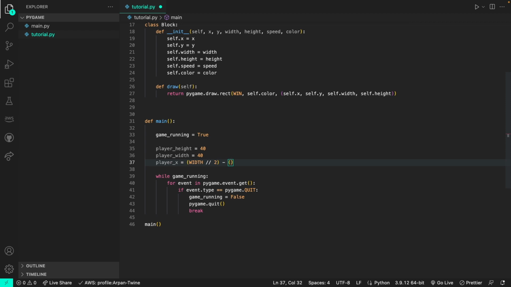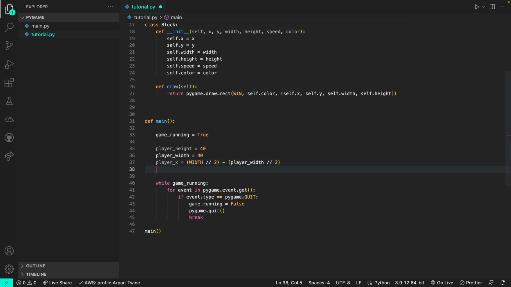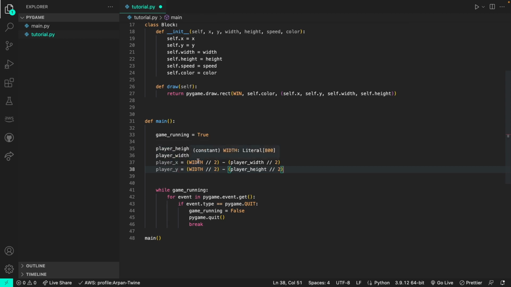So for that, we can just subtract the player's width by doing player width and then divide that by 2 so that we have the exact center of the square at the center of the screen. Then we're going to do the same thing for y, so I'm just going to copy this code and paste it here. Instead of having width, we'll just do height. Instead of having player x, we'll do player y. Okay? And this will be the x and y positions for our player,